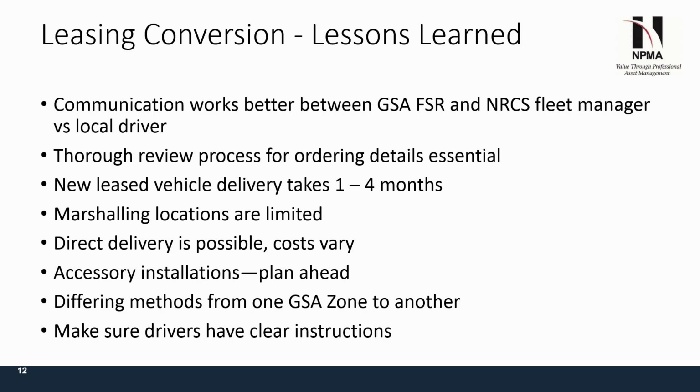I think part of their customer service model is to be decentralized to the point where they can work directly with drivers and be local enough to be able to work through issues with them. And that's a good thing. But what we found out was that in our case, it really didn't work very well for the actual drivers